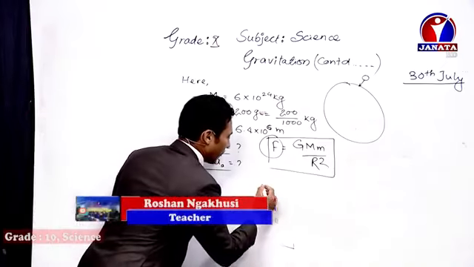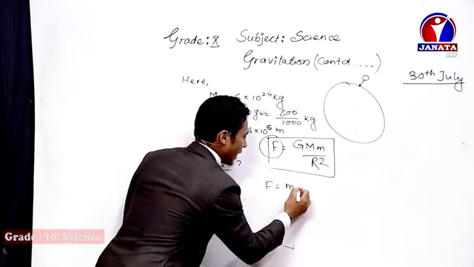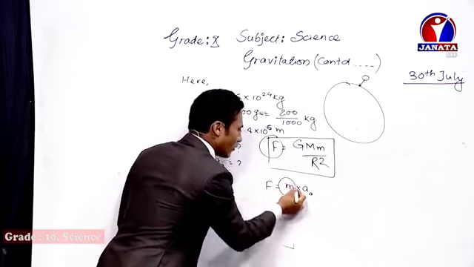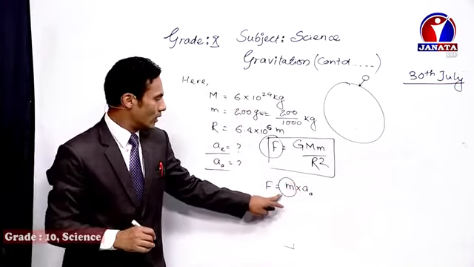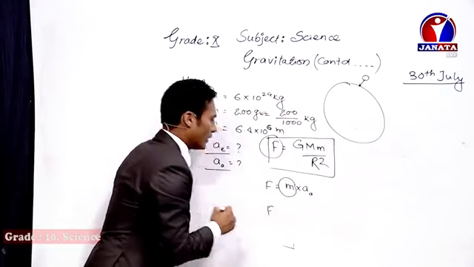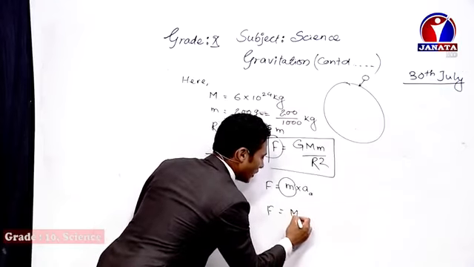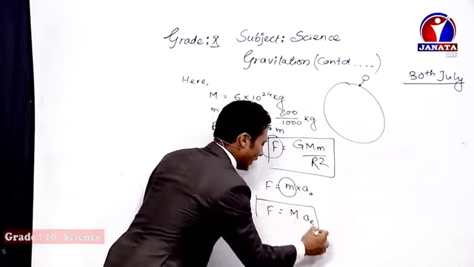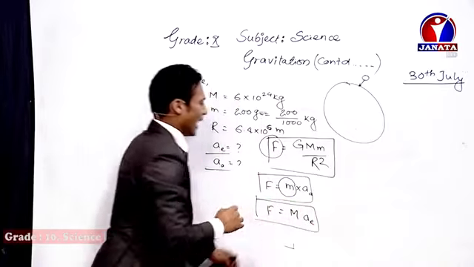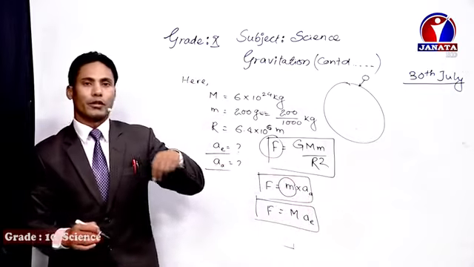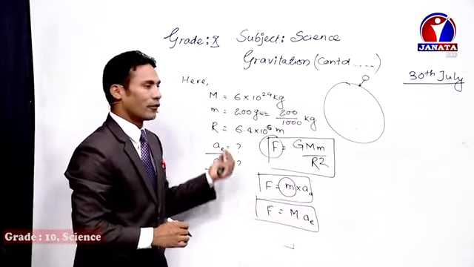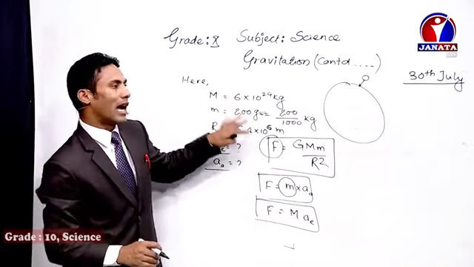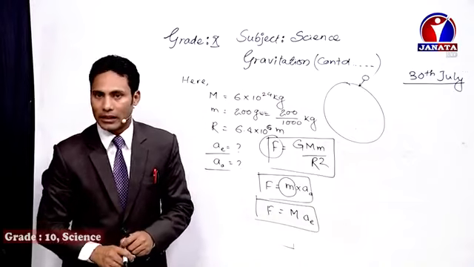That means this force equals m into the acceleration of the apple. In this case, we write down the mass of the apple, and in the next case, the force will be the same, but we'll write down capital M into the acceleration of the Earth. So use this formula and try to find the acceleration of the apple towards the Earth and the acceleration of the Earth towards the apple. So I'm leaving this to you as a task to complete yourself, right?